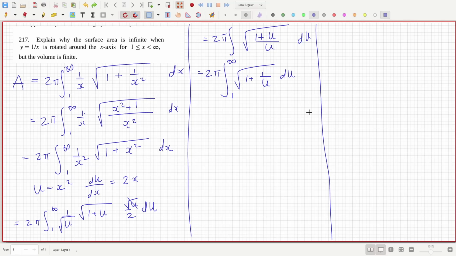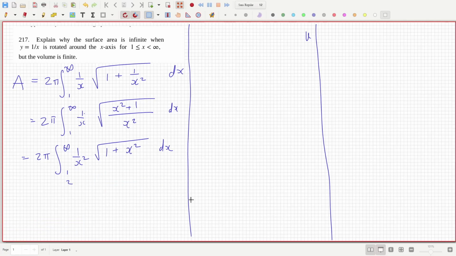Actually, maybe I could say that this would be bigger than or equal to 2 pi, 1 to infinity. And I could make this smaller, so it'd be 1 over x squared dx. No, that's finite. It's not quite right. Oh, it would be bigger than root x squared over x squared. If I drop the 1 here, I've made it smaller, so it has to be bigger than that, which is